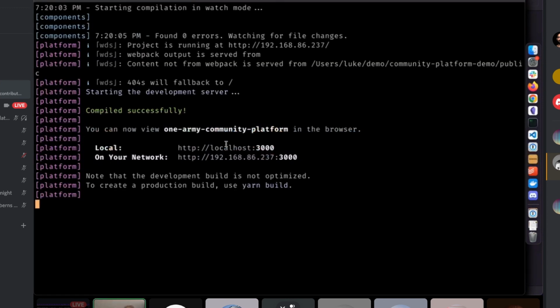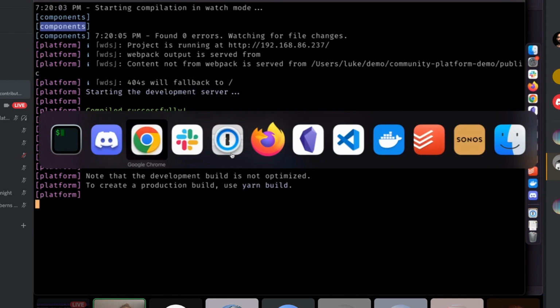in the CLI, in the terminal, I ran yarn start, and this will run a few things. So we're kind of using a mono repo structure, and we're using yarn workspaces to power that. So we have two kind of important packages that are running. We have the core platform, and we have this other components package, which is where our UI elements live. So when you run yarn start, it actually starts two different processes, and